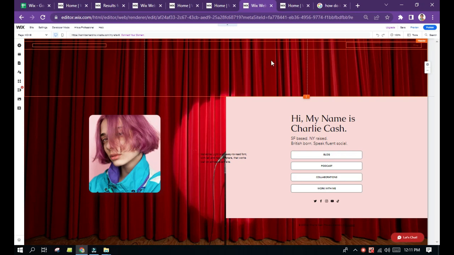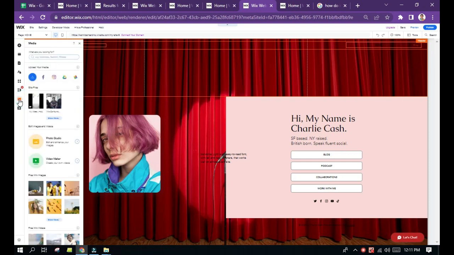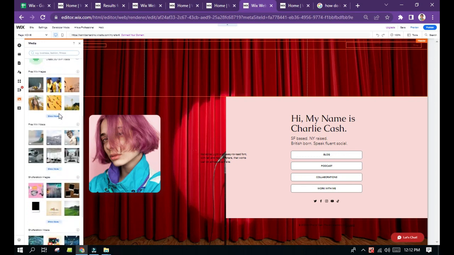Okay, so let's go to the media icon located at the left side of the screen. So, that's the media icon. Let's click it. Okay, and as you can see, you can upload videos from your media, from your computer, from Facebook, Instagram, Google Drive, and Google Photos. Okay, but if you scroll down, you will see a lot of